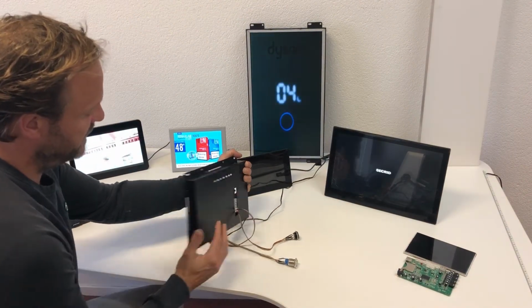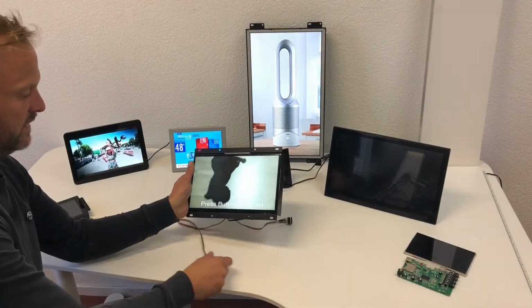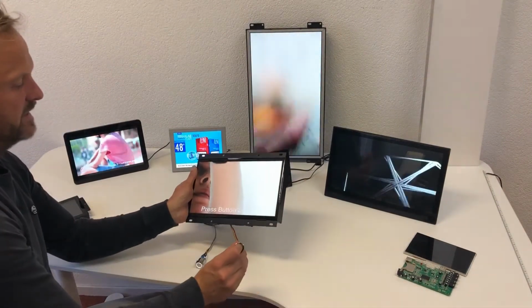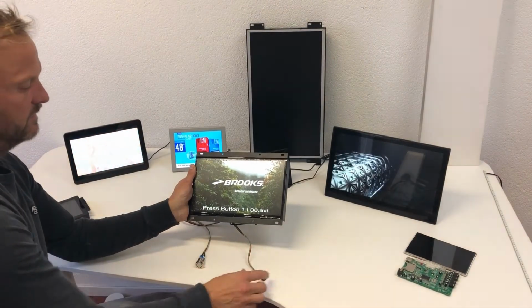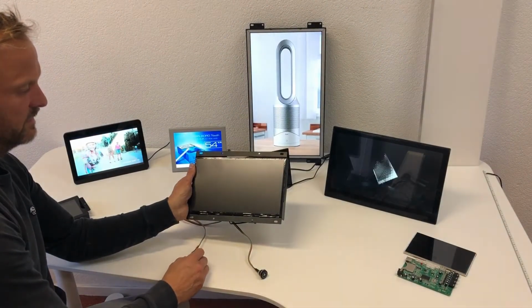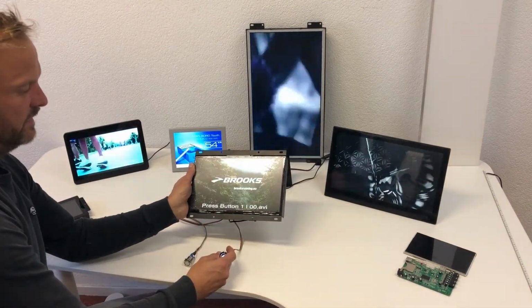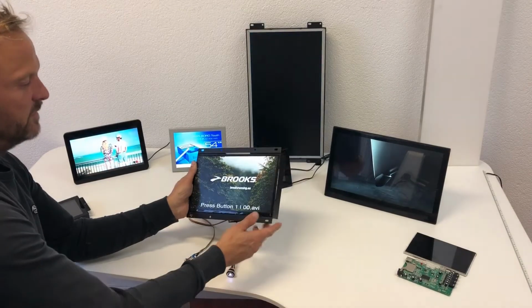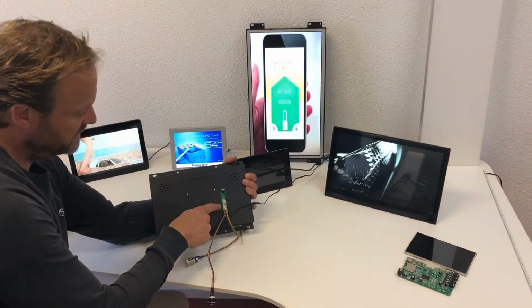And you can press the buttons, and if you press a button it will play a new video. If you press again it will play a new video. Press, new video. Press, video. In this example, for this 11.6 inch model, we have 5 of 6 input